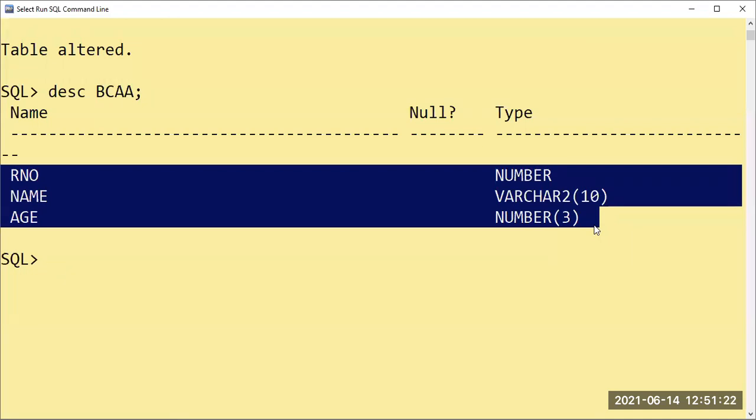I will repeat if you have not understood. Suppose you have created a table already and inserted records in it, and you come to know that you have not added one more column. At that time also you can add the column or change anything. It doesn't mean that you have to use the alter command only before insertion of the records.